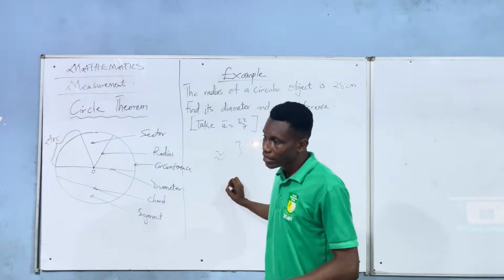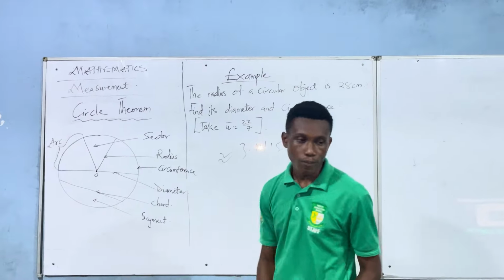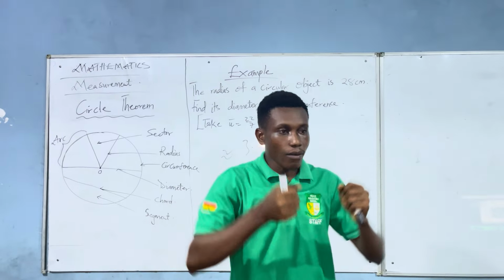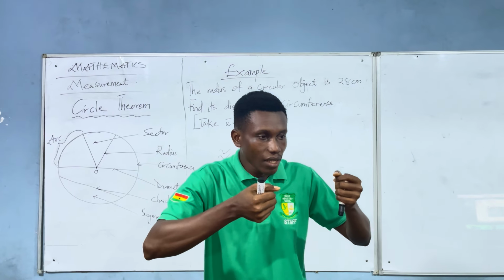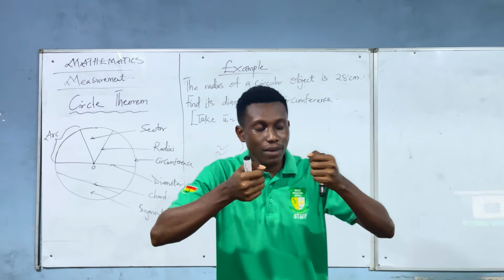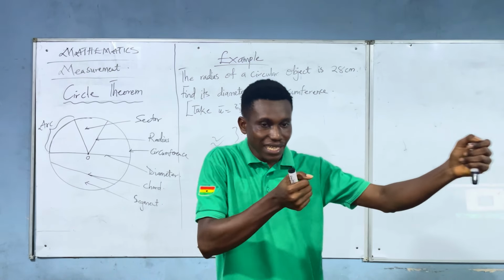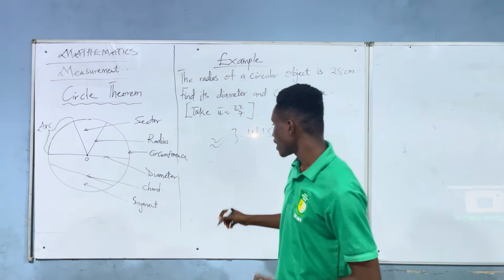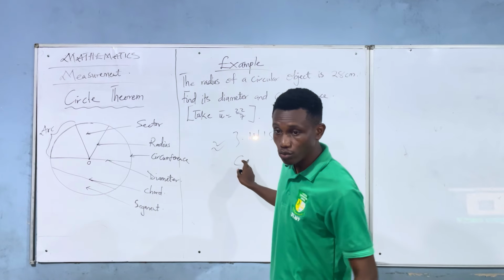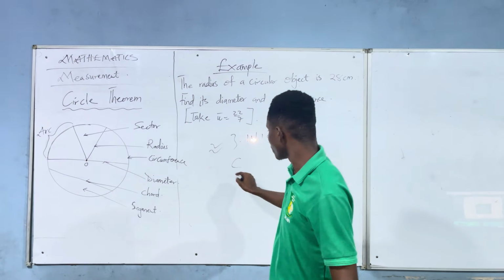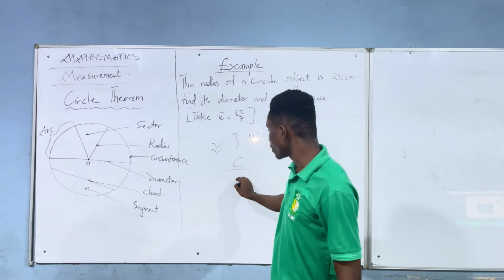Put the figures down, then calculate the diameter. Make sure you put the ruler or the tape measure exactly in the middle, the center of it, and measure the diameter. After getting that, the circumference you get, the circular part, divided by the diameter you had,